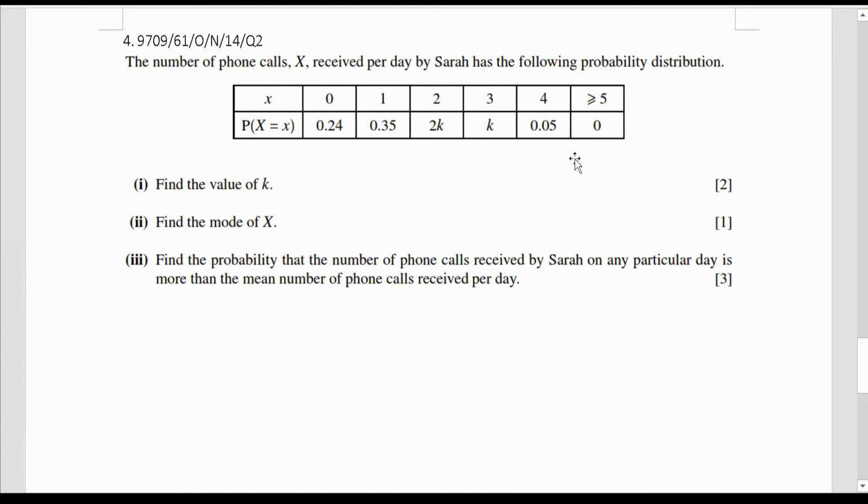Okay, this time for question 4 is a question from October/November 2014, variant 61, question 2. Other than telling you this is a discrete random variable, it defines that the number of phone calls, X, received per day by Sarah has the following probability distribution. Based on the probability distribution given here, we can tell that X equals 0 means the number of phone calls received per day,